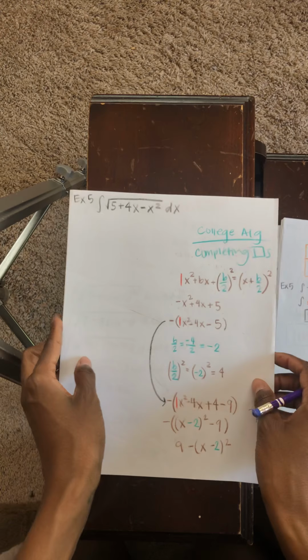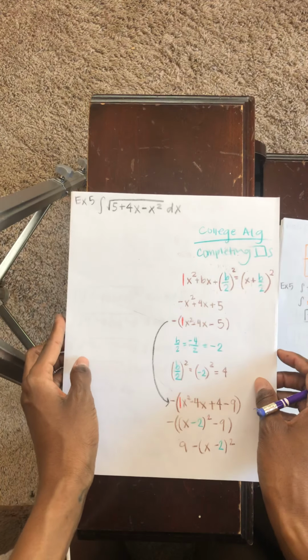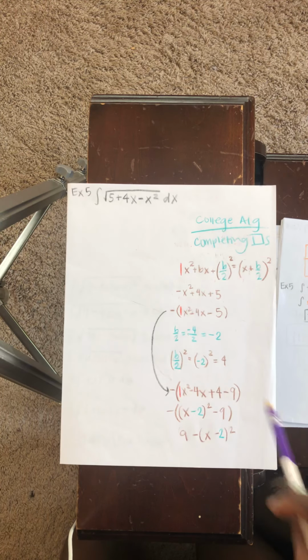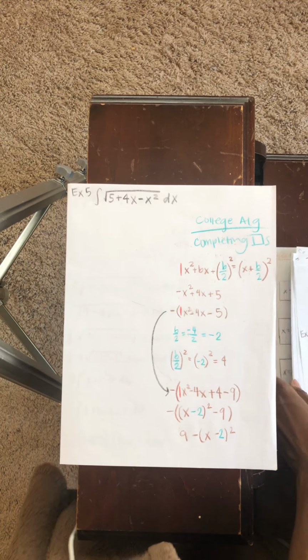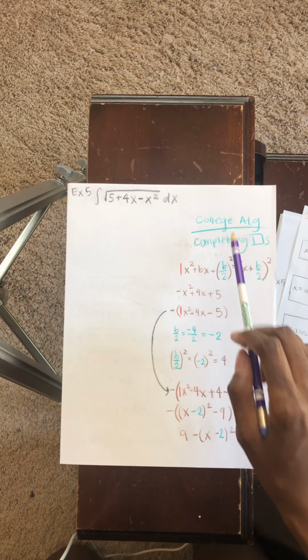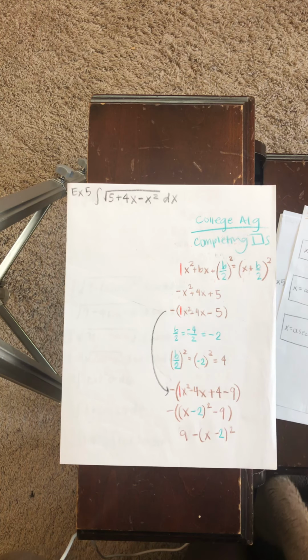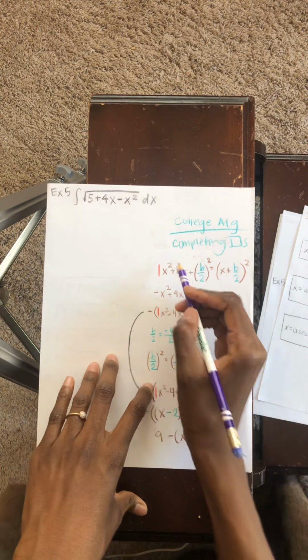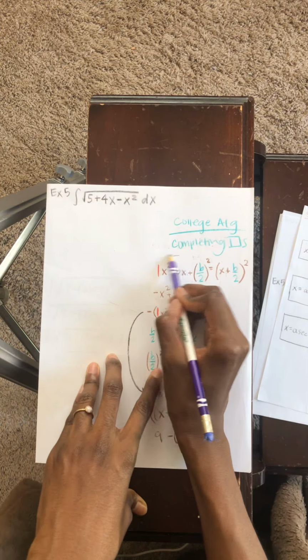Alrighty, last problem. Okay, so for example 5, this is a little different looking from the other ones, right? Because we don't have one that looks like that form that we were originally working with, right? So we are going to have to go to college algebra and use completing the squares. I'm not sure if you guys remember what that is, but completing the squares is this purple box right here,